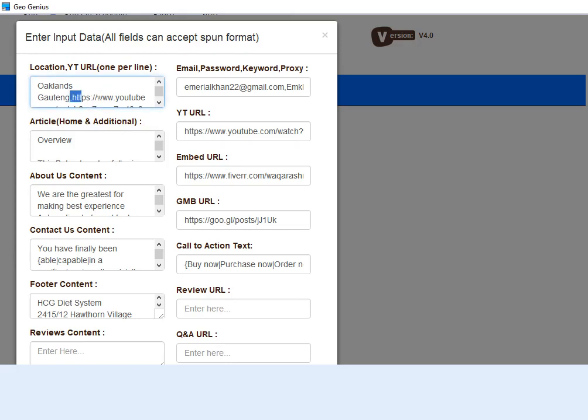You can put only locations here if you want to use the YT URL from this input field. Otherwise, you can put location and YT URL here. And here you can put email, password, keyword and proxy. So before that